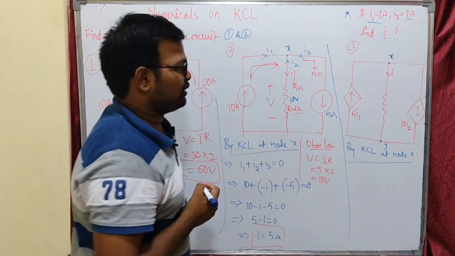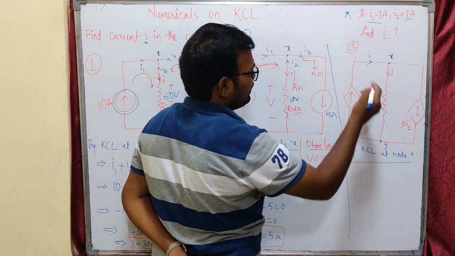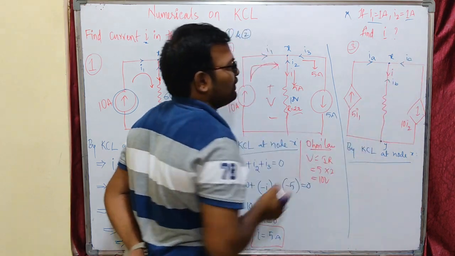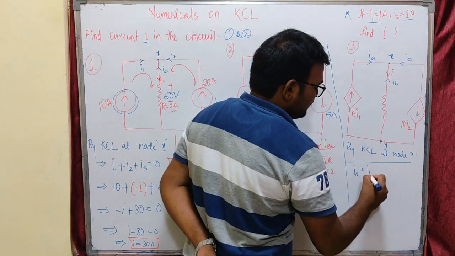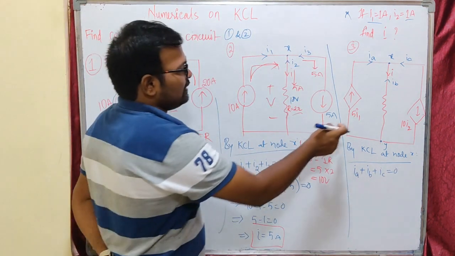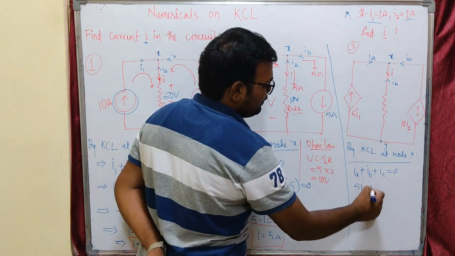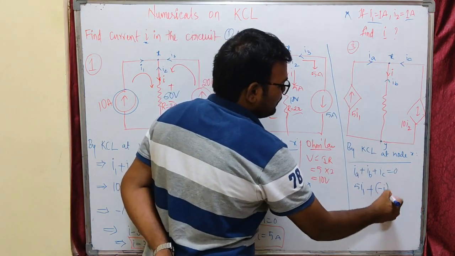Same procedure. Because there are I1 variables, I am going to consider IA, IB and IC, all entering into a node. You can also take them leaving the node. By KCL, IA plus IB plus IC must be equal to 0. All are entering currents. So what is IA here? IA is in the same direction as 5I1, so I replace IA with 5I1. IB is opposite to our required current, so I mention the opposition with a minus sign.